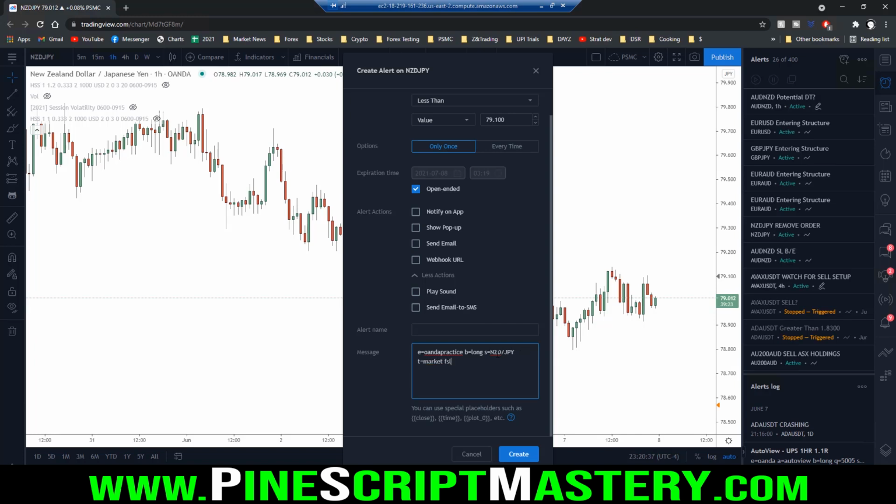My fixed stop loss price is going to be 78.9. Let's keep it simple. And our fixed take profit is going to be 79.1. So now when I click create on this alert, because price action is below 79.1, or less than,